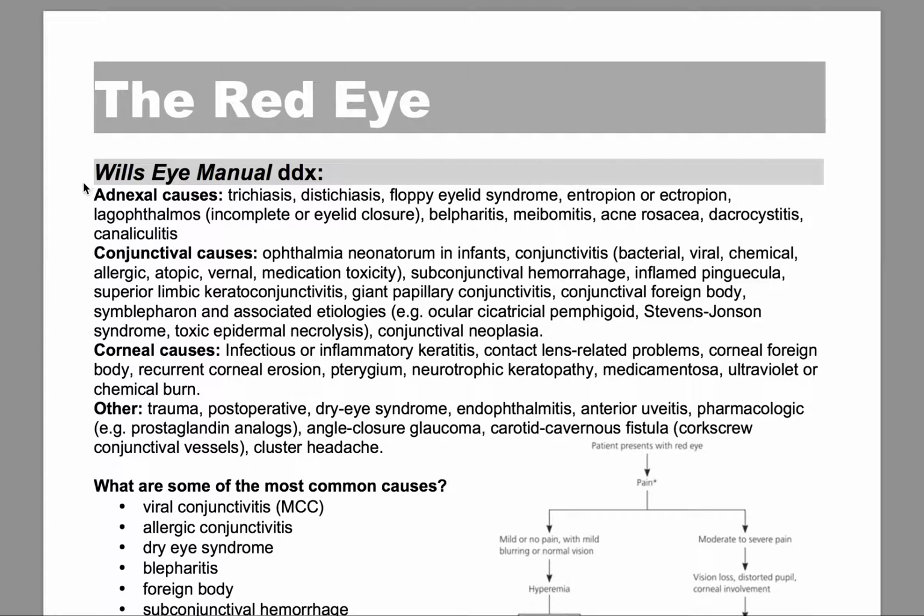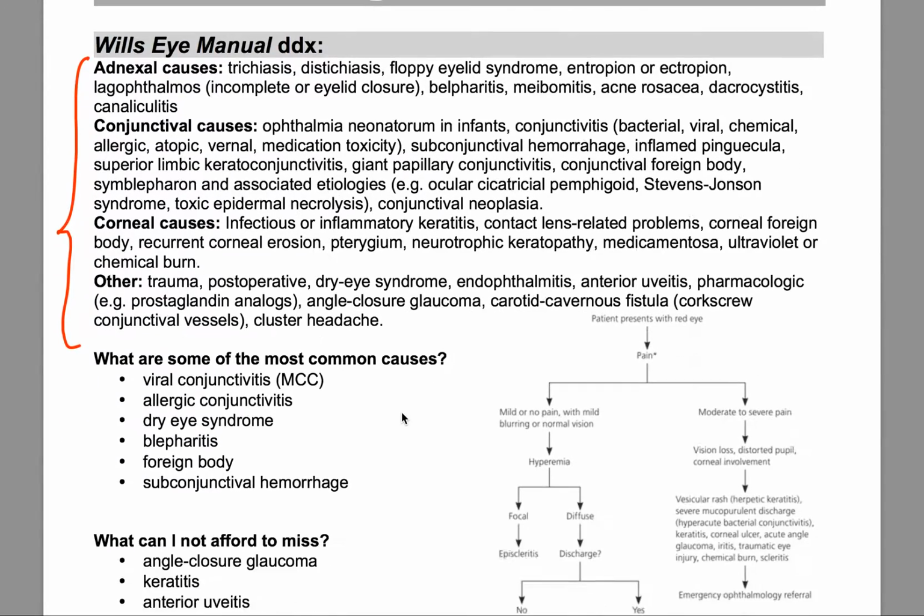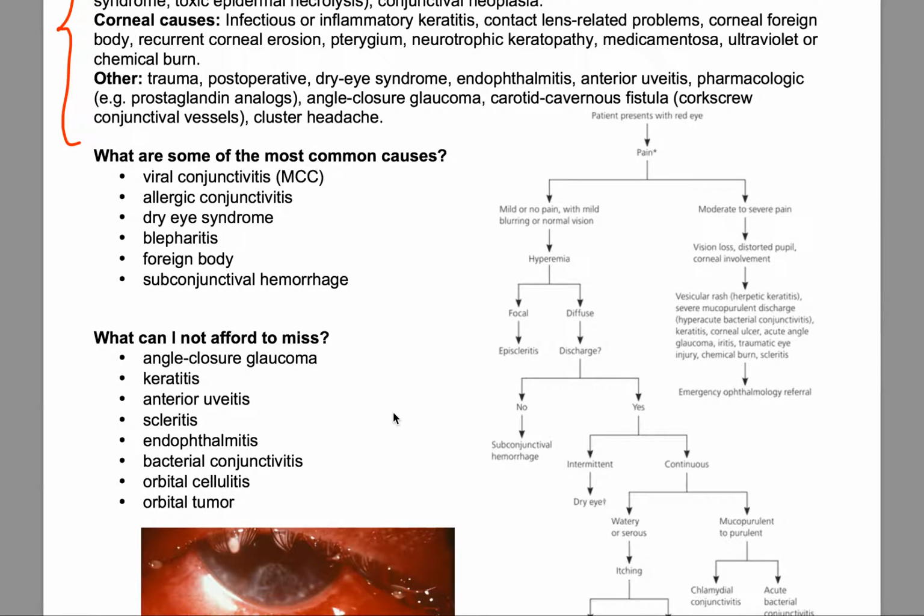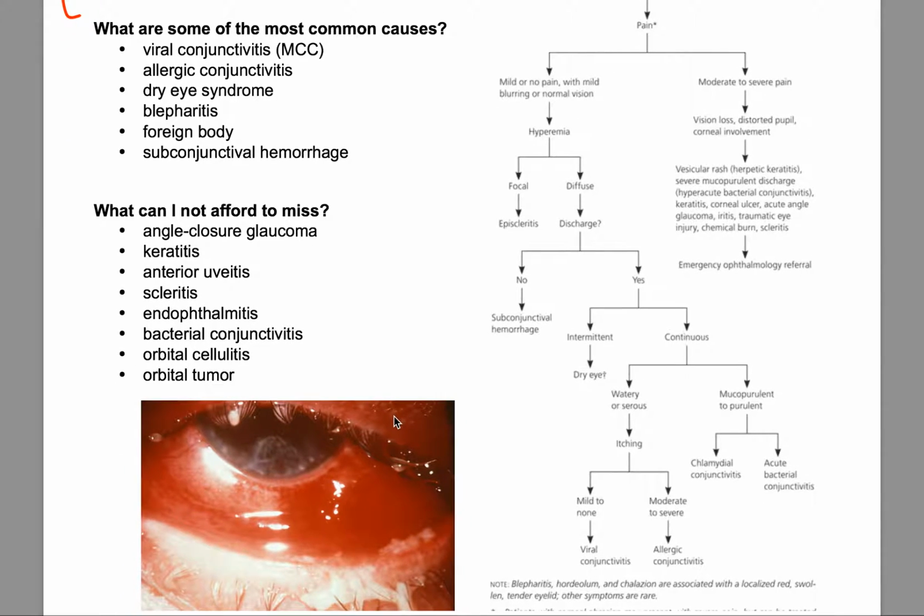Now, as you can see from the Wills Eye Manual differential diagnosis, there are about 50 items on this list. There are many things that could cause a patient to have a red eye and come in to see you. We're not going to cover everything in depth this morning, but we will try to take a look at the pathophys behind some of the most common causes. We'll also take a look at some of the more dangerous things that you want to make sure you don't